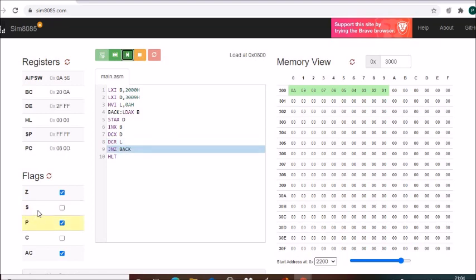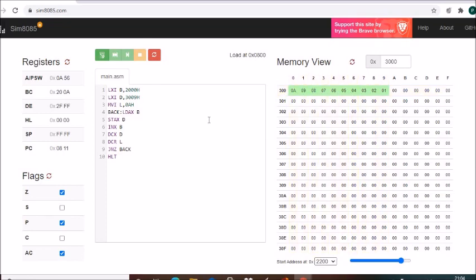Now see, L has become 0. Our program is also stored and L has become 0. Now this condition will become false and it will come to halt. So the program will now stop. After execution, the data are stored in the locations 3000 to 3009, but in the inverted form. We have loaded 1 2 3 4 5 6 7 8 9 in A, and in 3000 to 3009 it is being stored as 09 08 07 06 05 04 in the inverted form.